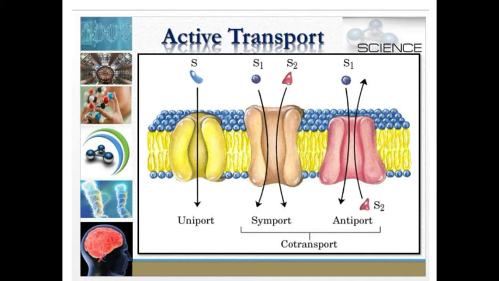Antiport contains two molecules which move in anti-directional, that is opposite directions. One molecule enters inside and another molecule moves outside. The best example of this is the sodium potassium pump, in which sodium is present inside and the potassium is present outside. During the antiport transport, the sodium moves outside and the potassium moves inside. Okay, children, these are the three transports happening in active transport. So we can move to the next one.